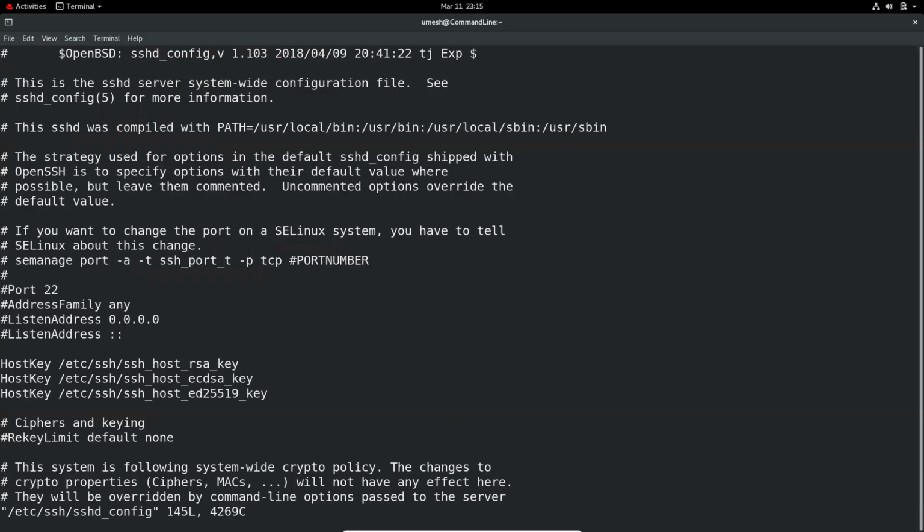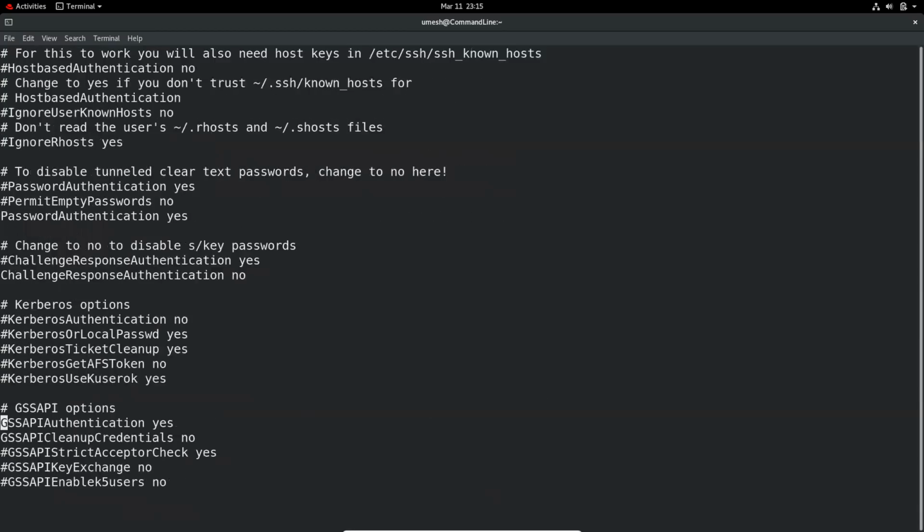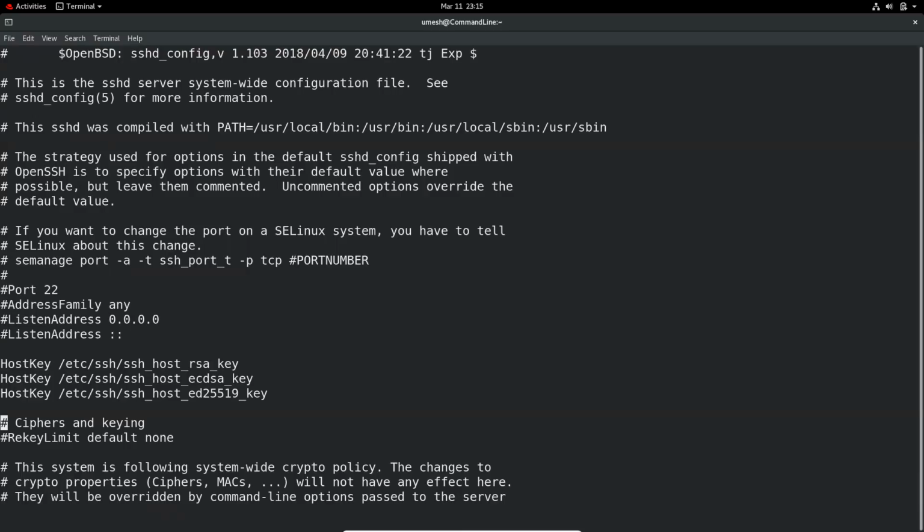Actually, you can use Control F to go forward and Control B to go backwards. That's also one of the commands you can use. So let's say I don't know where that word is. I want to search permit root login. If I do that, it might not find it because the word is again case sensitive. So the pattern is not found. So what I can do is search permit root login, but ignore the case.